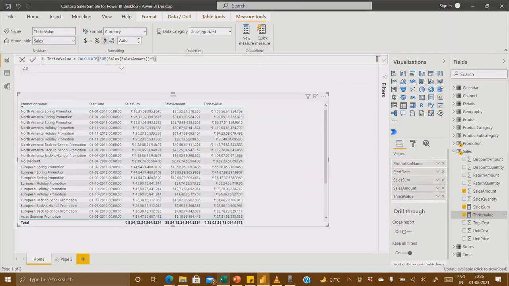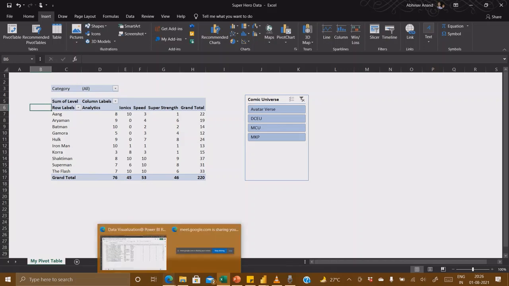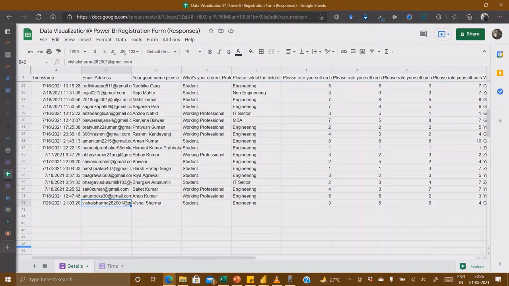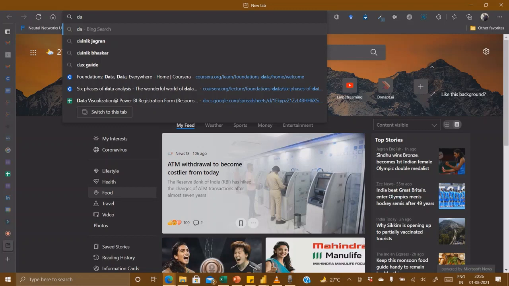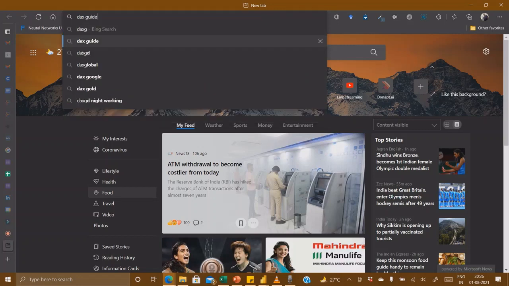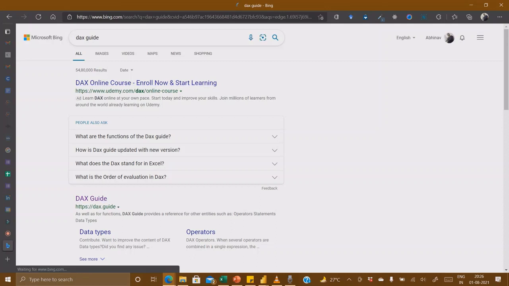Now coming back to Excel, because in order to make people understand how this calculate function works, I will show one more thing. We have a link here, DAX Guide. Just search DAX guide, DAX.guide.